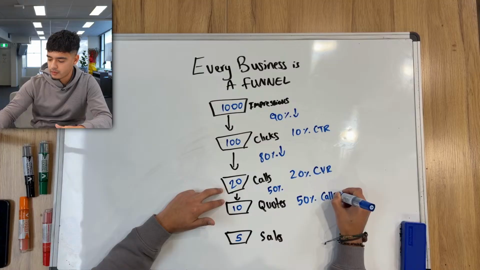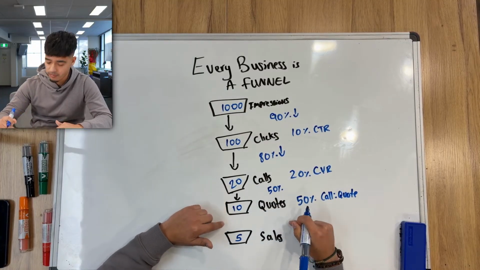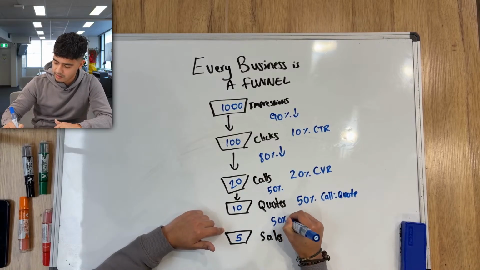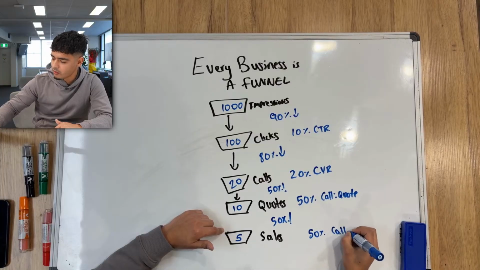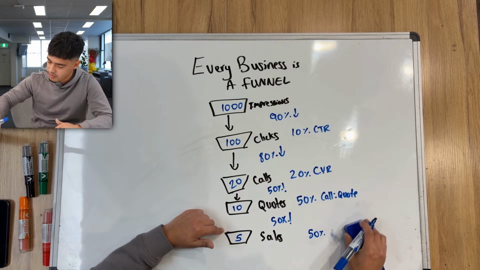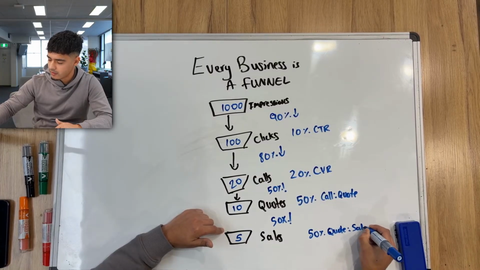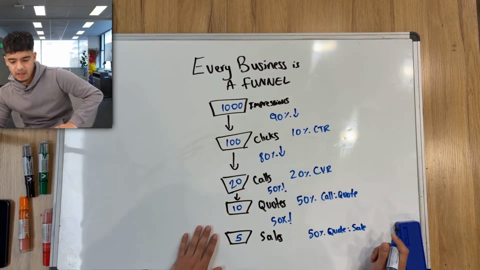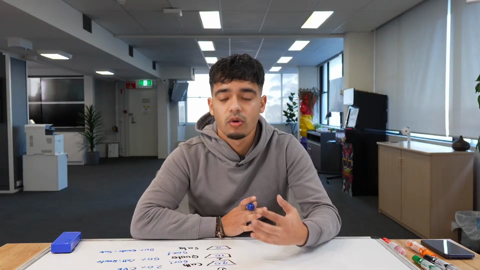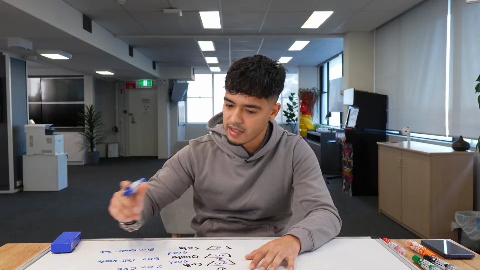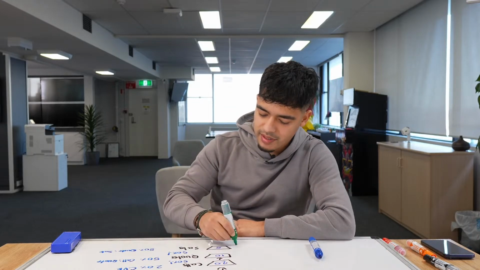call to quote percentage. And then out of those 10 quotes that your business has had, you've had another 50% reduction, which means you have a 50% quote to sale percentage. So what we now need to figure out is what actions your business can take, what's the highest leverage your business can pull in this situation to increase the number of sales at the bottom line of your company. So how do we get this number higher